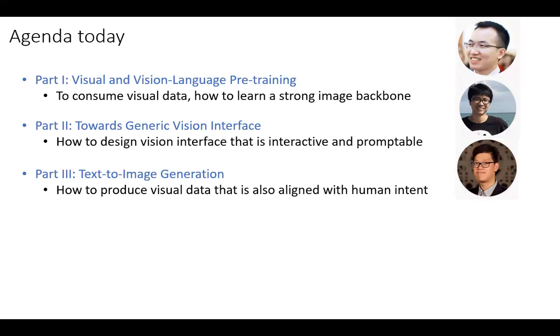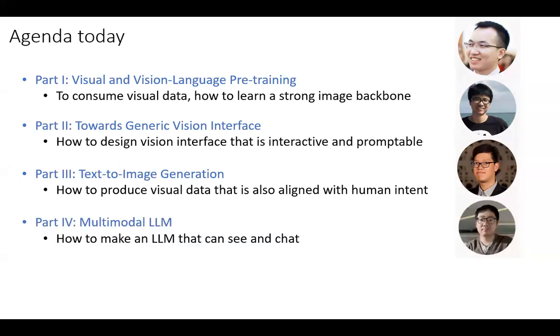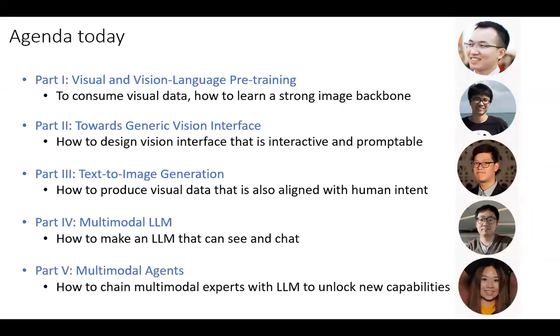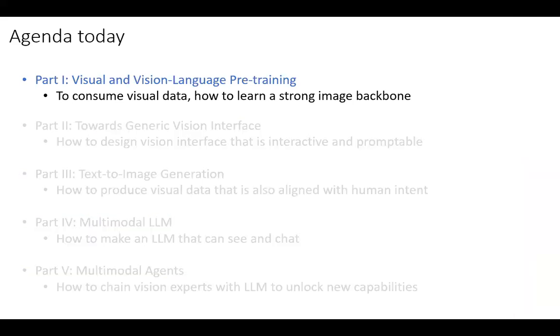In part 3, Zhenyuan will talk about how we can produce visual data that is also aligned with human intent. In part 4, Zhenyuan will talk about how we can make a multimodal LLM that can see and chat. And finally, Lingjie will talk about how we can train those multimodal experts with large language models to unlock new capabilities. So without further ado, I'm going to dig into my part, which is about visual pre-training and